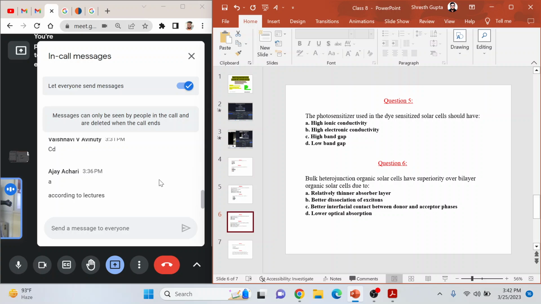Okay, so first of all, do you know what the basic role of a photosensitizer is? The main role of a photosensitizer is that